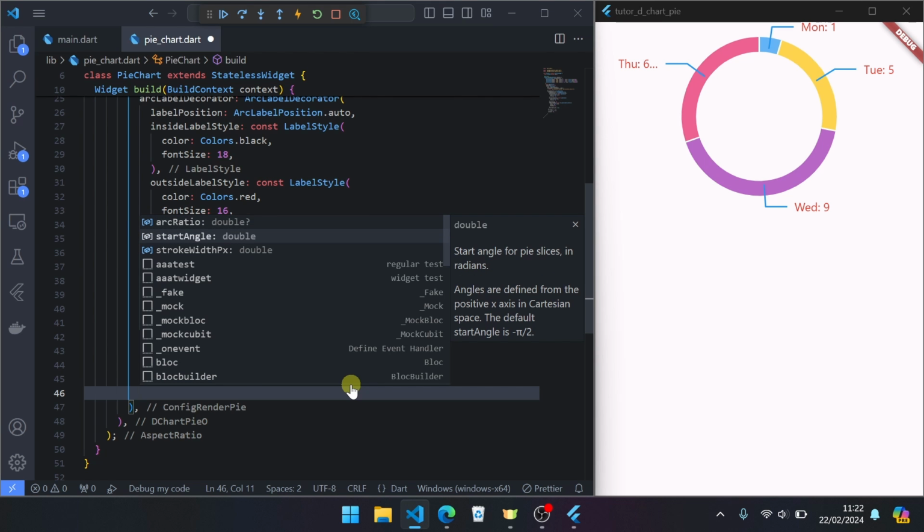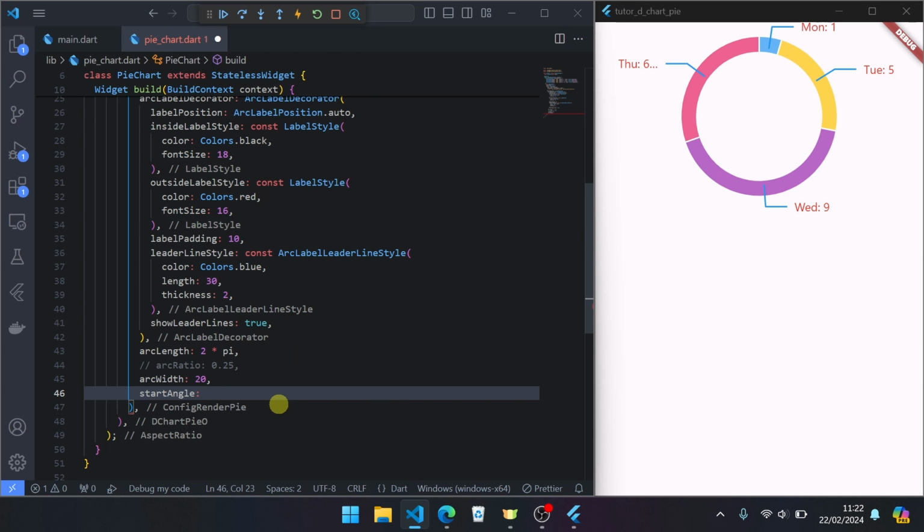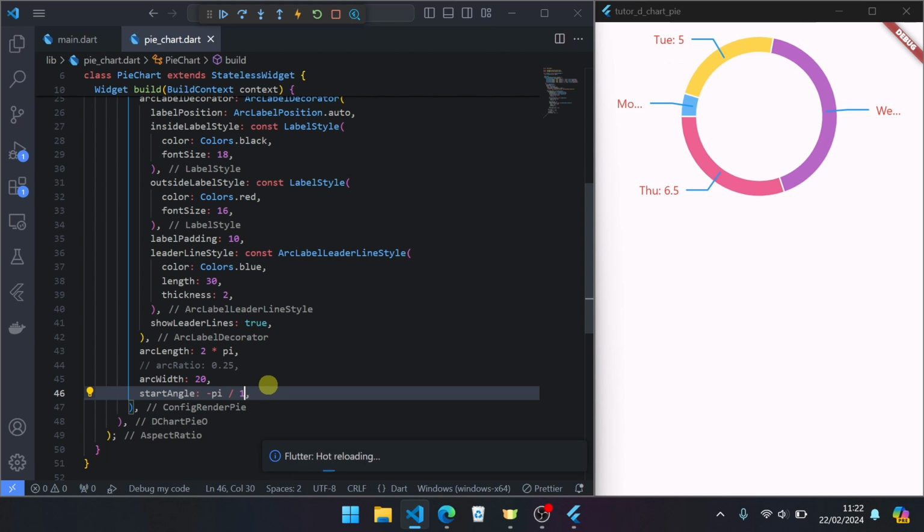Start angle is used for the first pie slice, in radians. Angles are defined from the positive x-axis in Cartesian space, and the default start angle is -π divided by 2. -π divided by 2 is the default. So here, top center is the start angle. If you change it like here, the position changes to center left for the start angle.